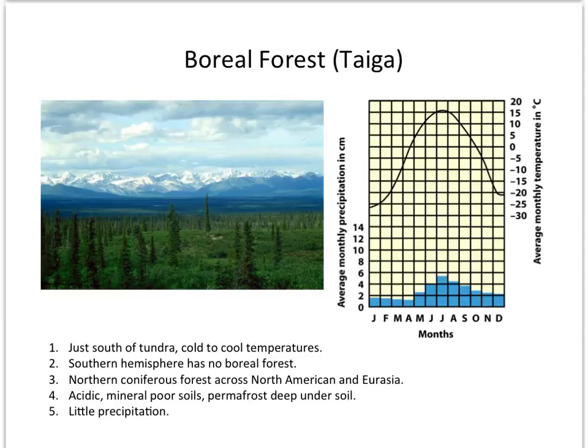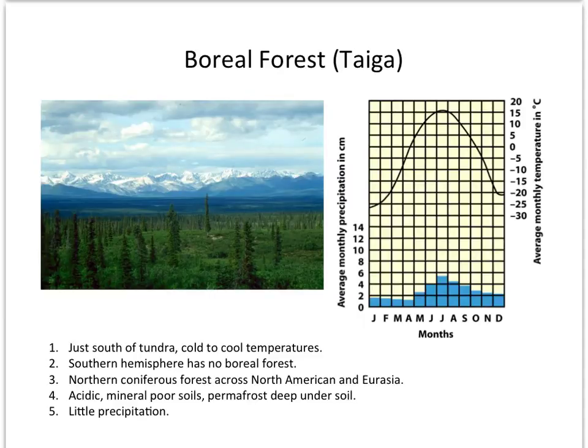Again, you'll find similar animals here: caribou, wolves, bear, moose, lynx. You'll also find the migratory birds in the summertime. They use these areas for breeding, for raising their young. There are very few amphibians and reptiles that you'd find here, and again, that's because the temperatures can become very, very cold. The soils themselves are very acidic. They're very poor soil, and again, you're going to have permafrost that's going to limit the infiltration of a lot of the surface water.